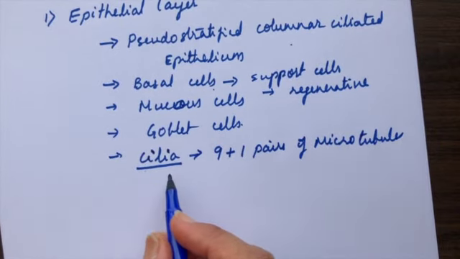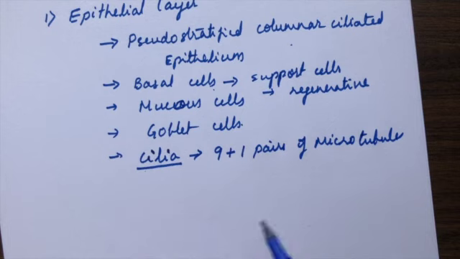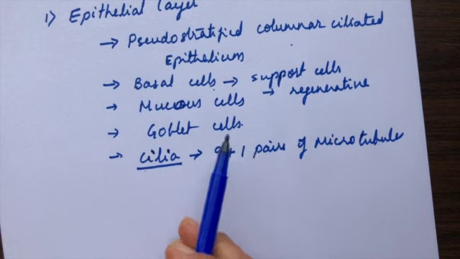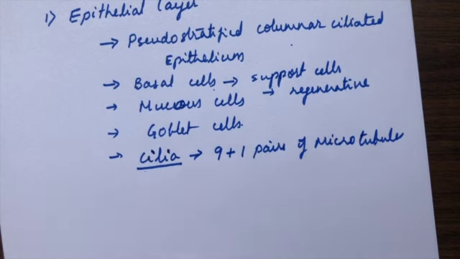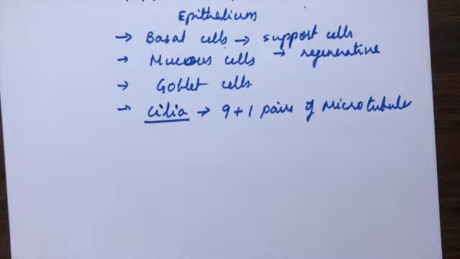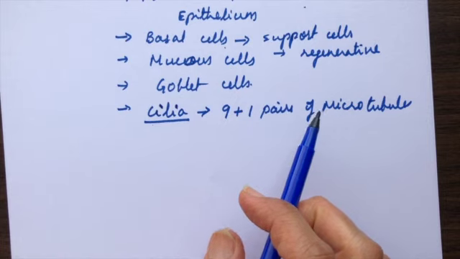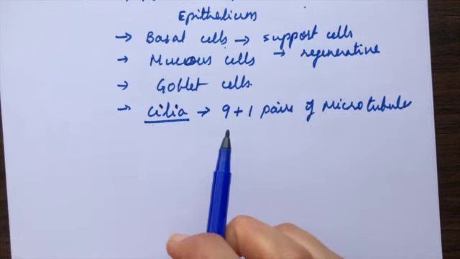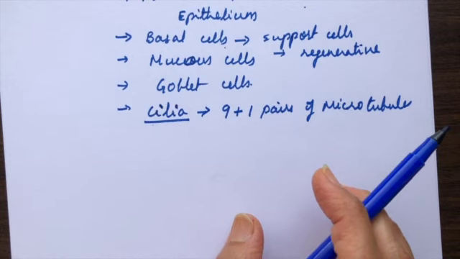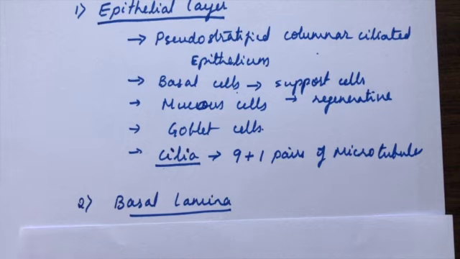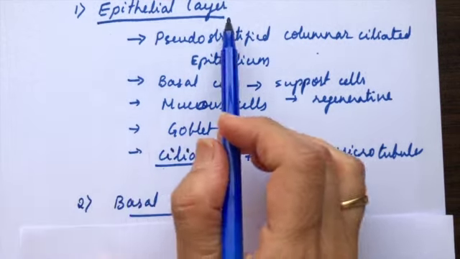And the function of which is to beat whatever comes onto the surface. The mucus material, then the bacteria, then foreign bodies, whatever comes onto the surface, they beat rhythmically in one direction, and that will be thrown into the nasal cavity through the ostium maxillare. Another interesting thing is these cilia do not work under the control of any nerve. They are autonomous. They just beat rhythmically whenever there is a challenge posed to them. Now, the next layer is the basal lamina, upon which these epithelial cells are seated.